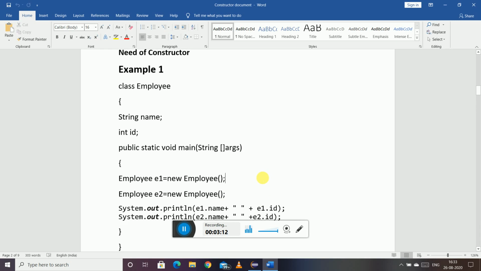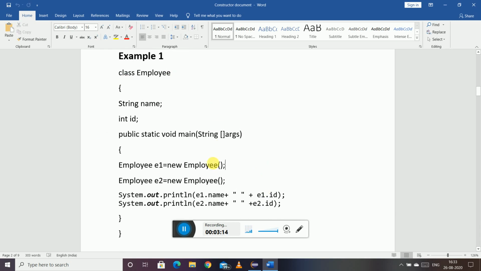In this example, we are simply creating the two objects, E1 and E2, and we are printing the variables through them. We are printing name and ID of E1, and we are printing the name and ID of E2.